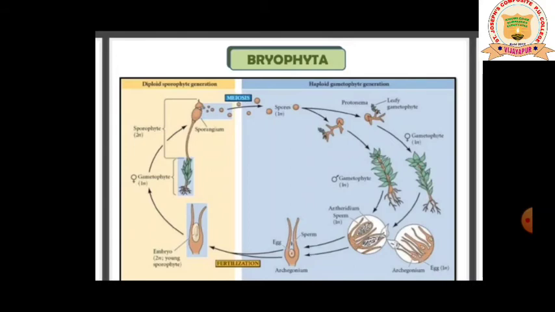It will not go, it will produce the sporophyte. This sporophyte will go for reductional division, that is called meiosis, to produce haploid spores. These spores germinate to produce the gametophyte again. In this way, the life cycle of bryophyte will continue. Can you see?